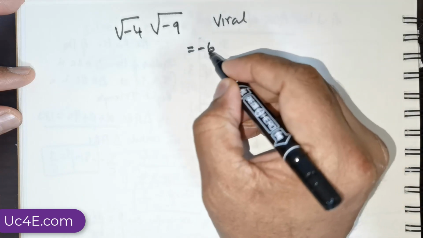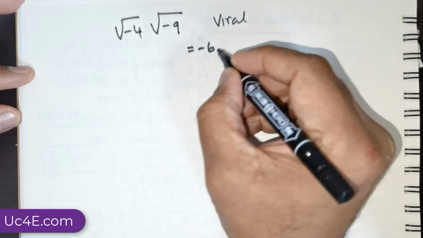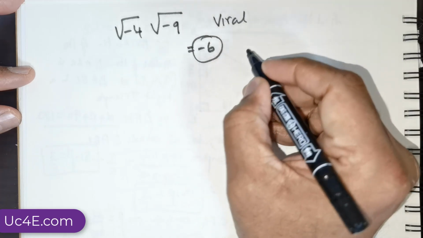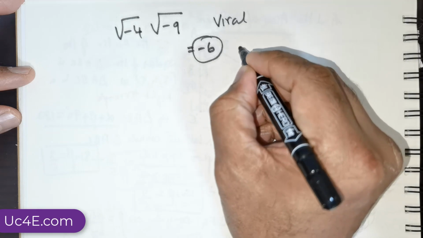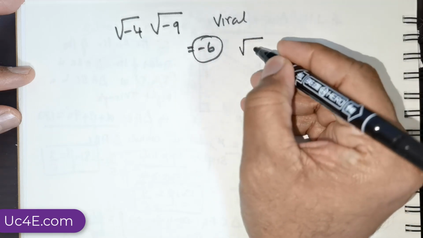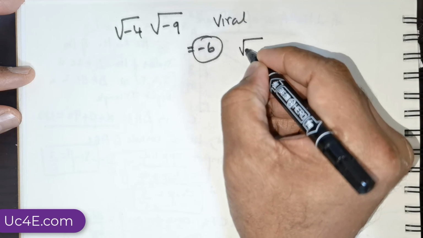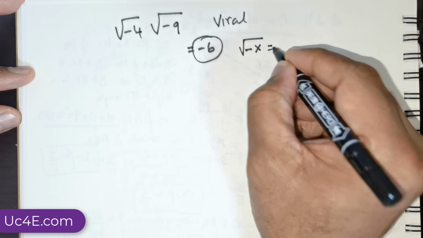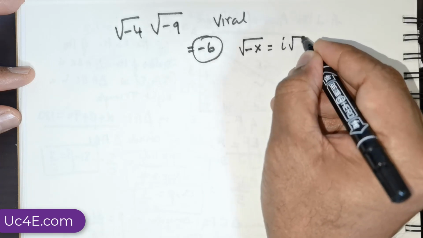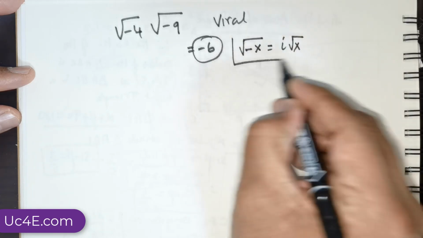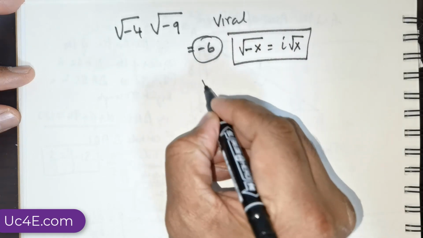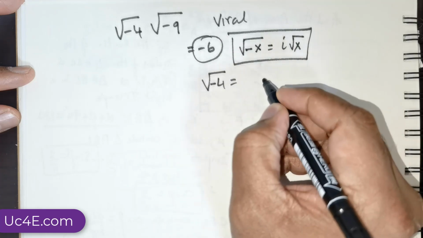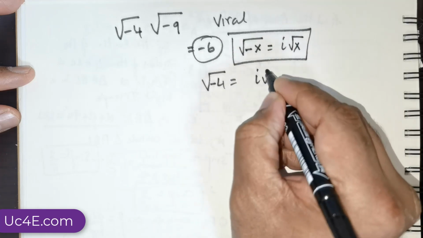But apparently this is not the right answer. In other words, I should say this is not the only correct answer, for the fact that he is actually defining the complex roots in this fashion. He states that if you have a quantity, say -x, then this is equal to i times root of x. This is his definition. So he goes on to state that root of -4 can be written as i times square root